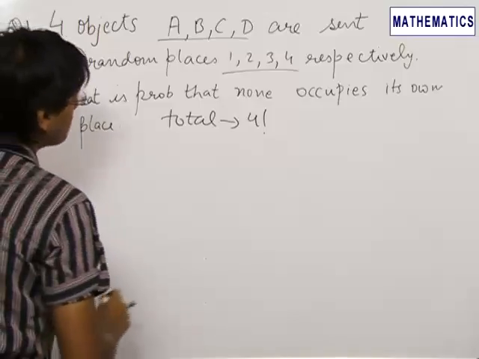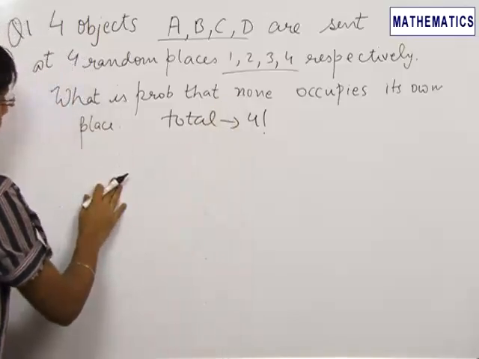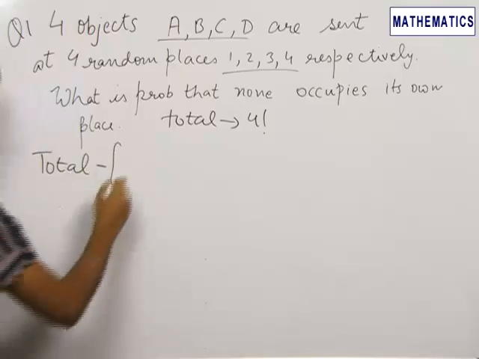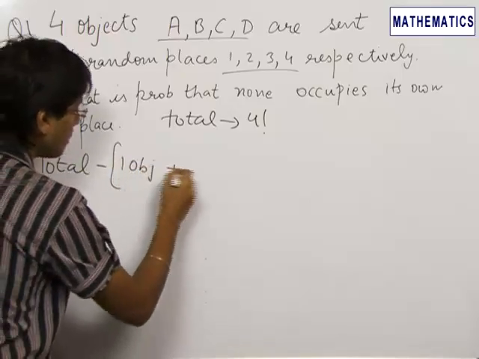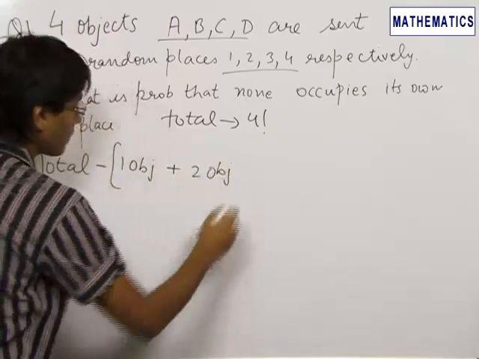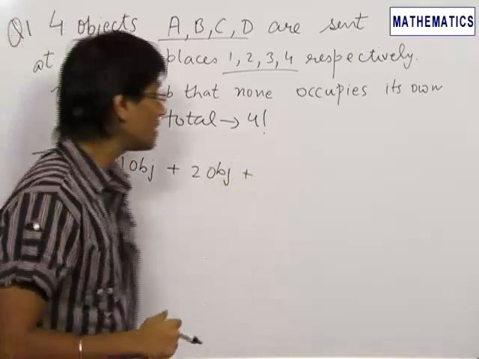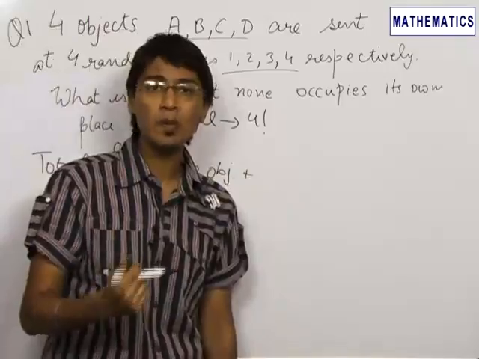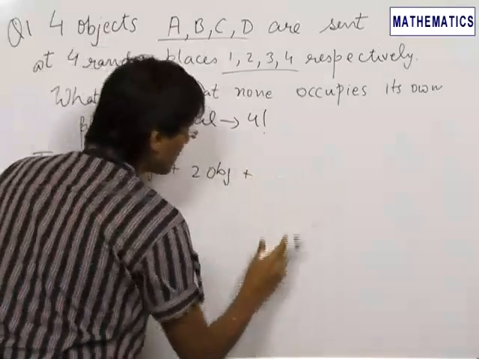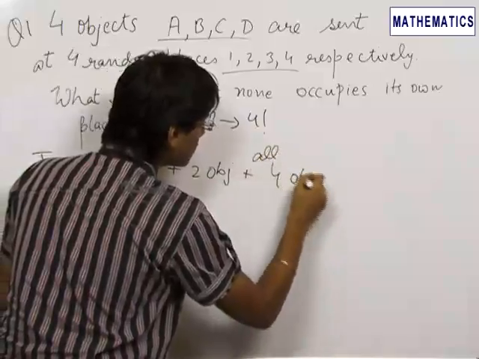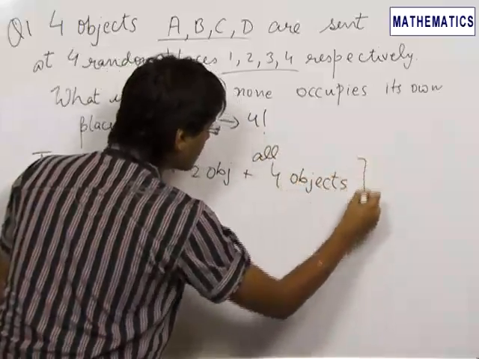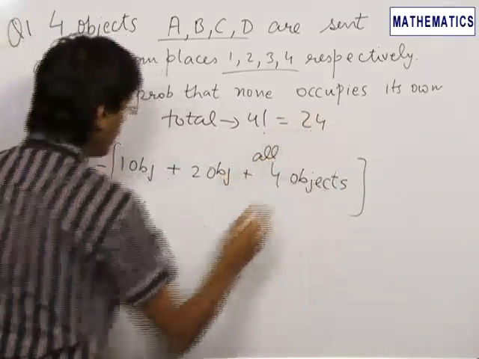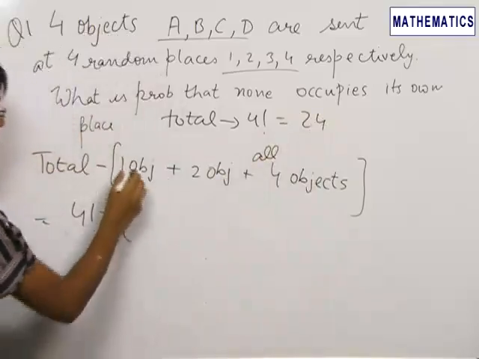Now the total number of ways in which none of the objects occupies its own place is equal to total minus 1 object occupying its own place plus 2 objects occupying its own place plus 3 objects occupying its own place. But if 3 objects are occupying their own places, then definitely the 4th object will also occupy its own place. So this case is same as all 4 objects occupying their respective places. The total number of ways are 4 factorial, which is equal to 24, minus, if one object is occupying its